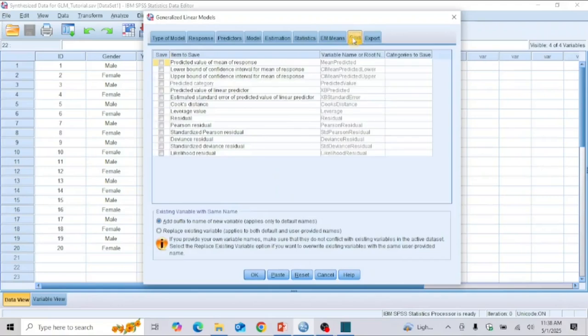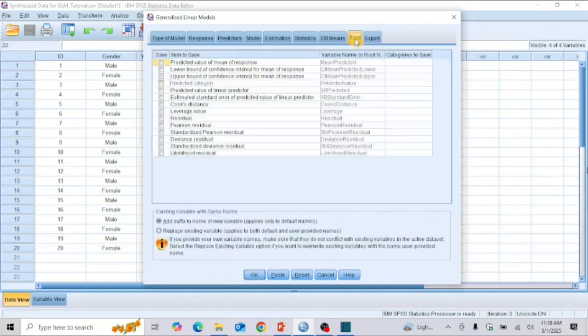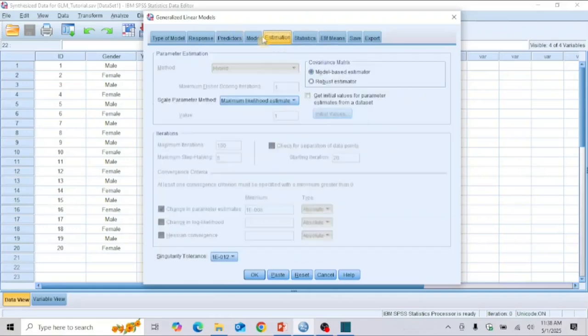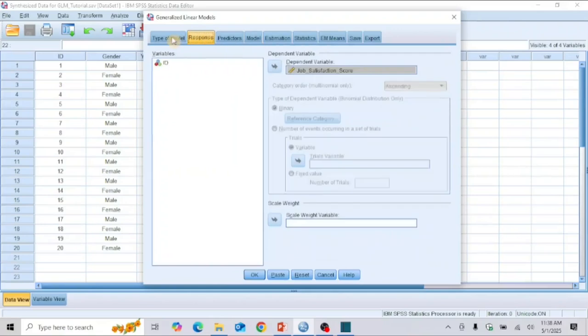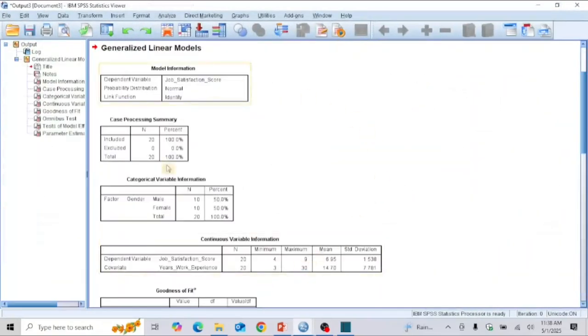The Save tab and Export tab contain information that is entirely optional to you. And so, I do not consider the tabs as specifically relevant to the subject of description in this demonstration. So, like this, we have successfully completed the configuration procedure in SPSS to perform the Generalized Linear Model, GLM. Now, go ahead and click OK for the SPSS system to process the configuration and produce the modeled output statistics